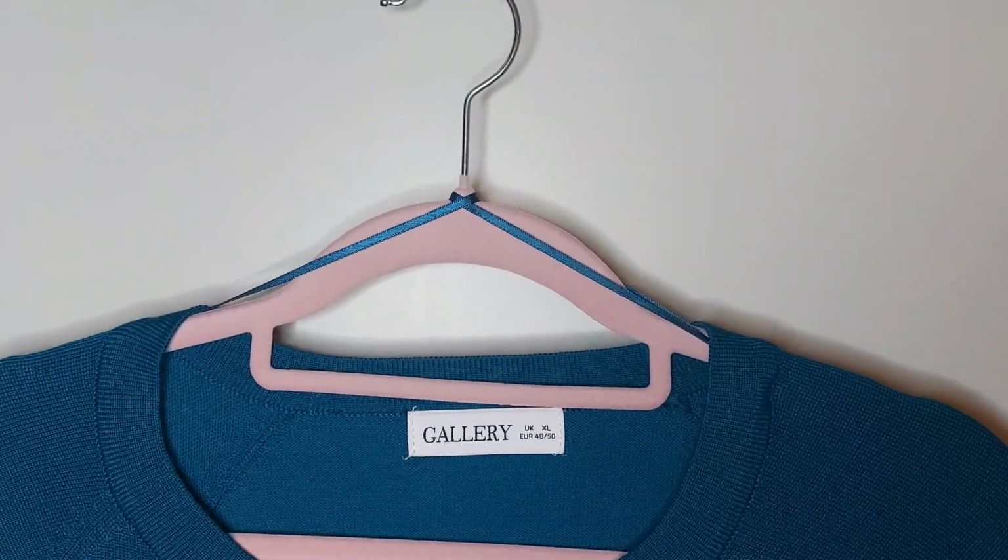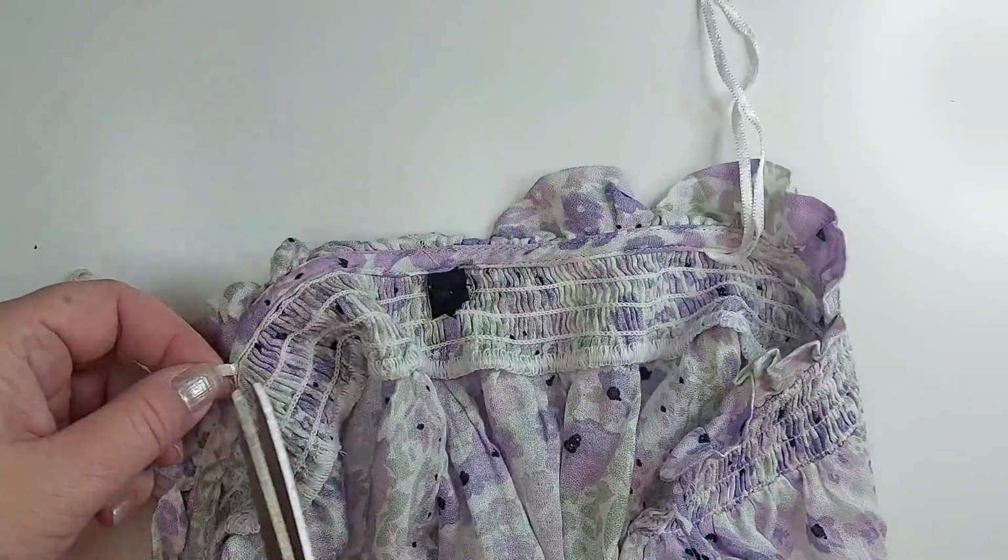Do you know a great way of getting lengths of ribbon to use for all sorts of little things to tie? Most tops, when they are being sold, have these satin ribbons so that they stay better on hangers. And if you are like me, you do not like those, and I always cut those away as soon as I get home. And actually, I had so many of them collected that for the wedding of one of my